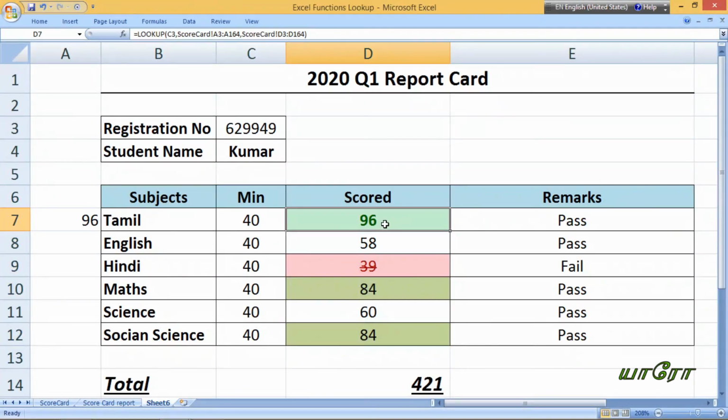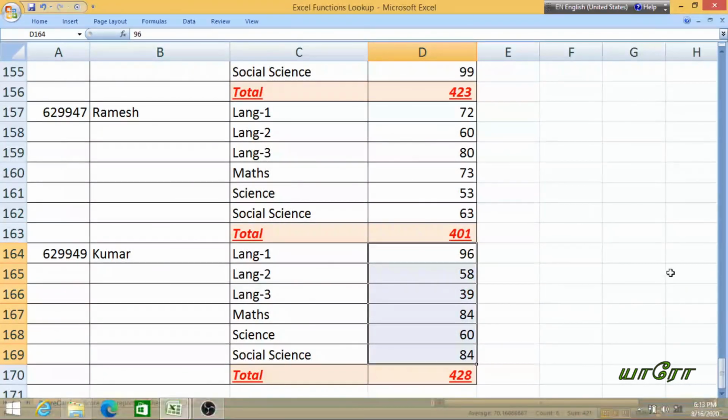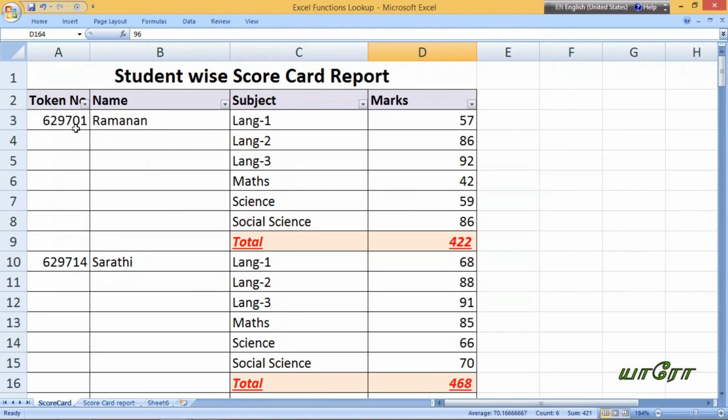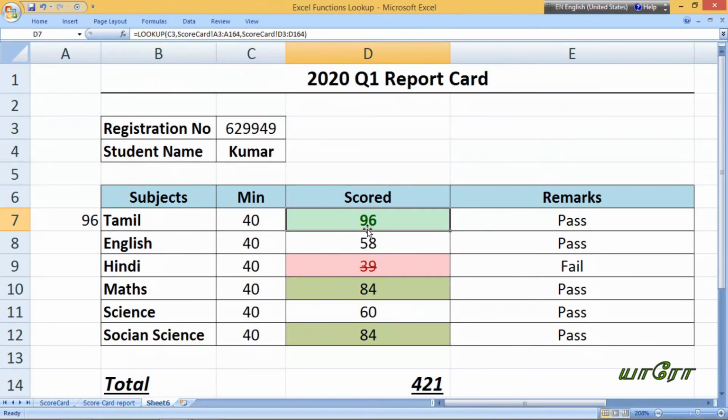So the important thing to notice is that lookup is a very powerful tool in Excel. With VLOOKUP you can only find a value from Excel, but with lookup you can overlap the result vector and get your desired value. Search here and get this value. Easy to overlap. You have to overlap the result vector with only one row down. So this is where Excel's lookup will be a very effective tool. You can use it and get better usefulness from this tool.